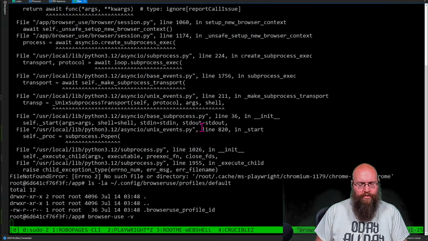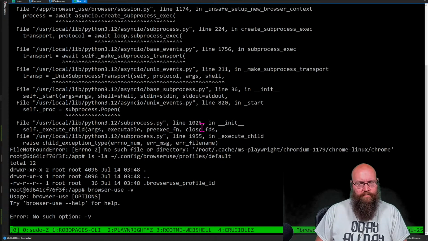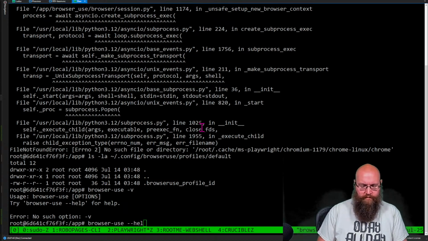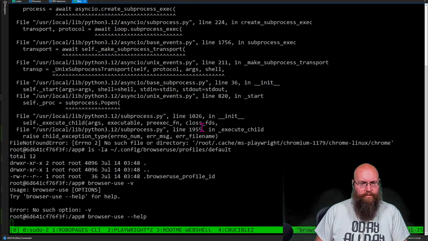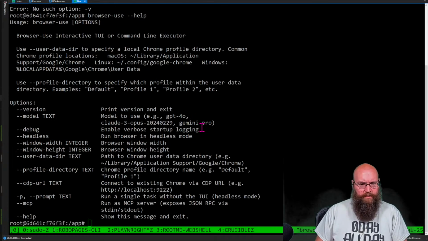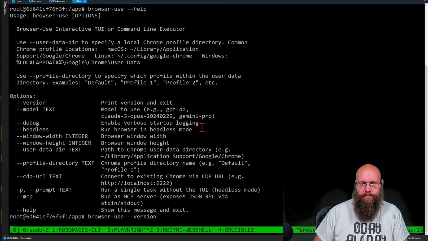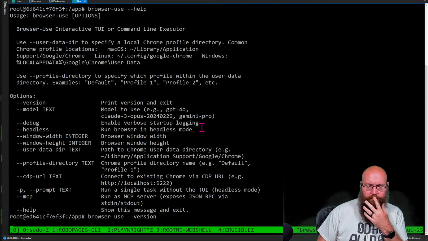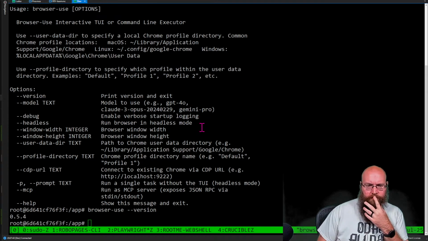HackBot, what version are we? Let's double check something. Which version have we got up? So we're running 0.5.